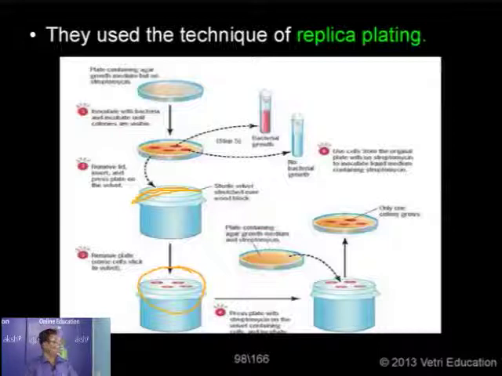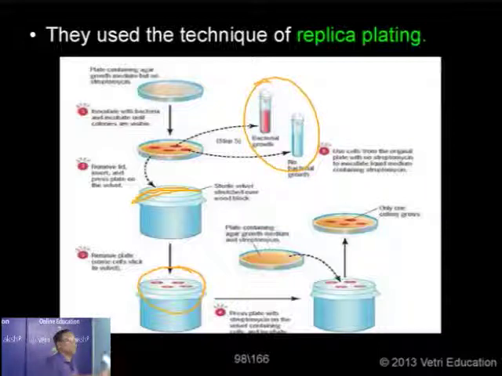Now, they also collected the bacteria from the colony of the original plate without streptomycin and introduced them into a solution medium, one with streptomycin, another one without streptomycin. So this is solid medium. Now the solution medium, we can say, is the liquid broth medium. So there are two media for culturing any type of bacteria. One is called a solid medium, which is nothing but agar-agar medium. Another one is a liquid medium, called liquid broth. It is in liquid form.